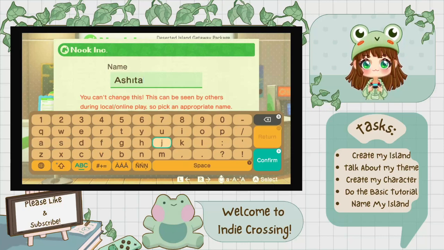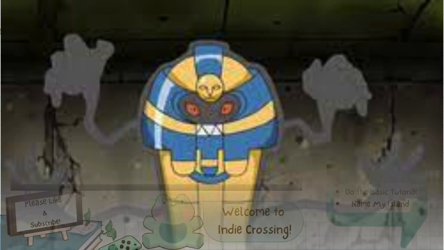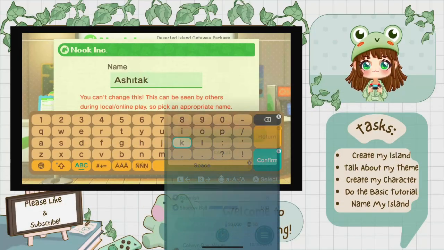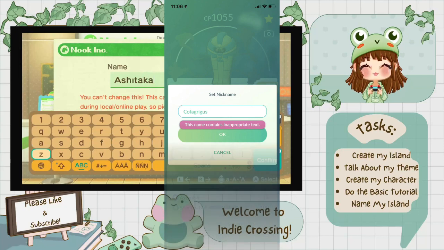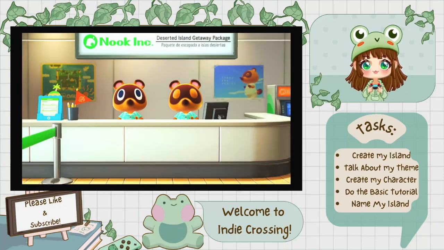This totally reminds me of back in Gen 5 of Pokemon, when Cofagrigus had to be nicknamed in order to trade it or use it online for a similar reason. Even though the word itself isn't bad, like the name of a Pokemon or the name of a character in this case, it's just a little weird. Anyway, that's the naming of our character done.